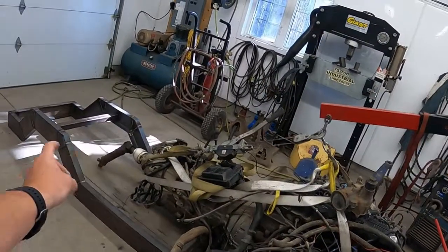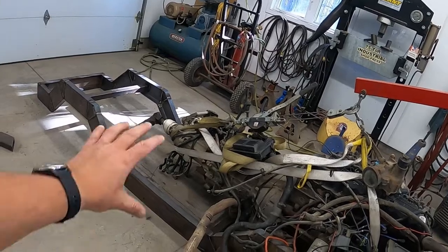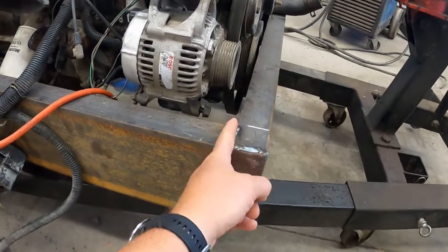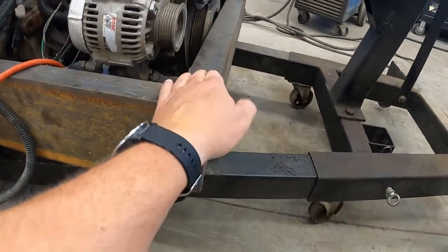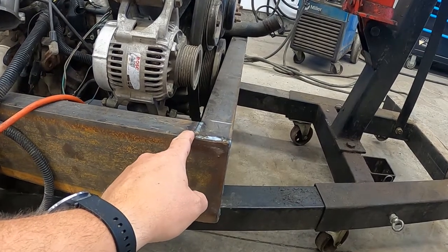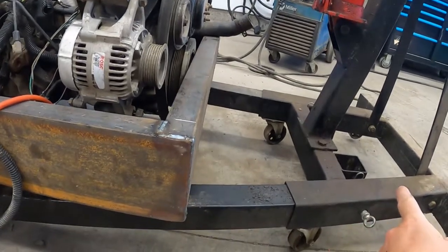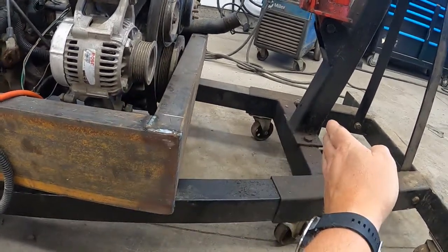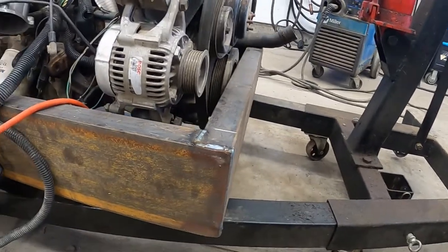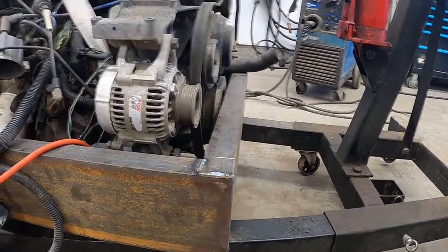I was going to cut down the center and add to the center, but there's probably a lot of pressure and stuff, and it's somewhat square. I want to keep it, so I'm just going to hack the front, clean off, right down, and take this plate off, and then hopefully get it square and weld a 12-inch section onto here, because our motor has to come ahead 8 inches and then 3 inches more for a bit of rad space and whatnot. So unfortunately, that's a pretty good step back, but